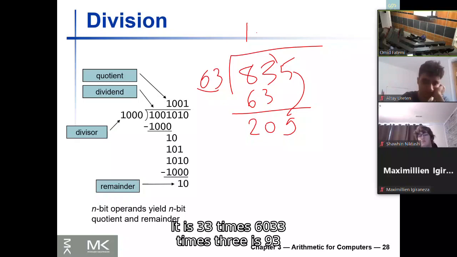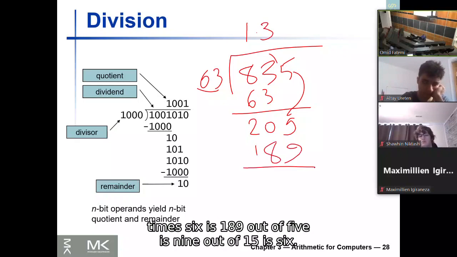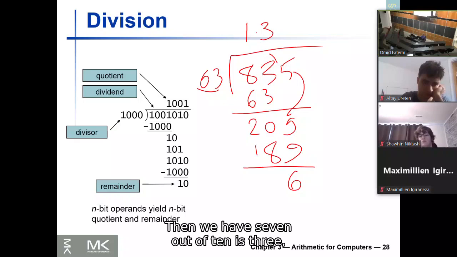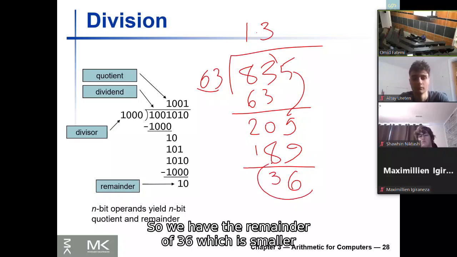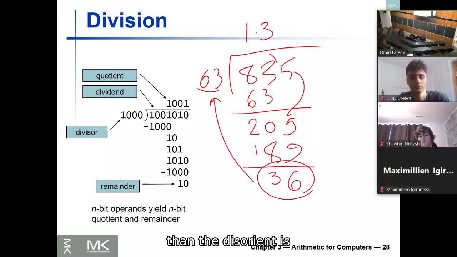3 is good. So it is 3. 3 times 63: 3 times 3 is 9. 3 times 6 is 18. So 9 out of 15 is 6. Then we have 7 out of 10 is 3, and that's 36. And that's it. So we have the remainder of 36, which is smaller than the divisor, and the quotient is